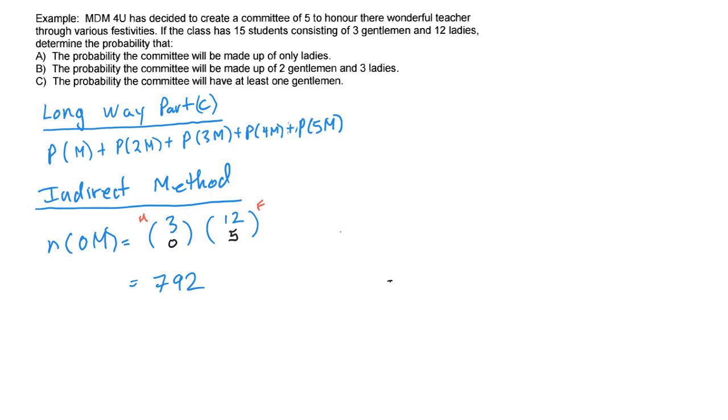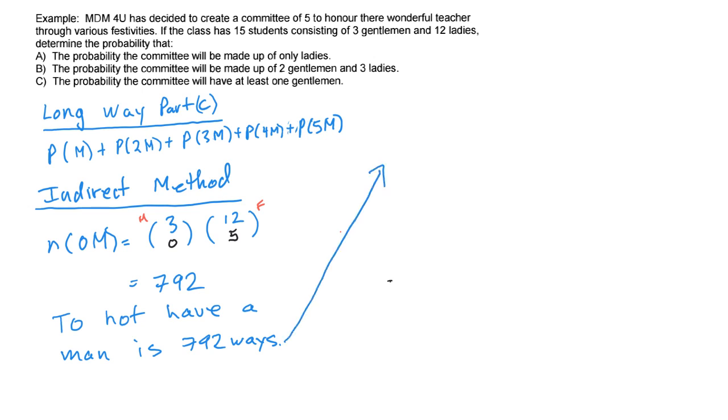So there's 792 ways for us not to have a man. To not have a man is 792 ways. Now, we now need for our indirect method, so we've got that. So now we need, so let's call that part A. Part B,